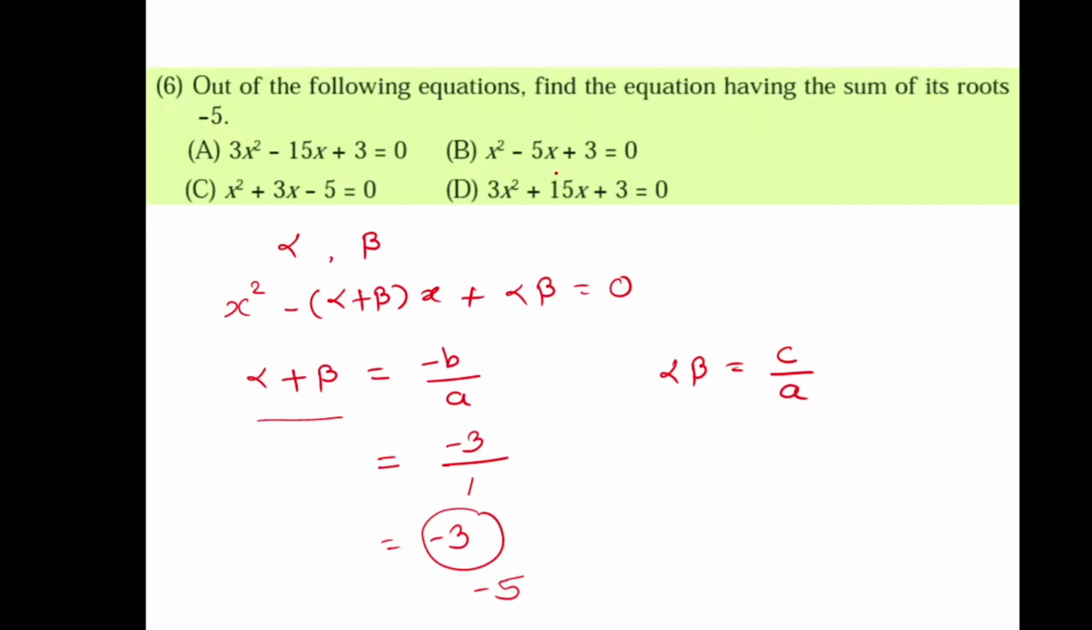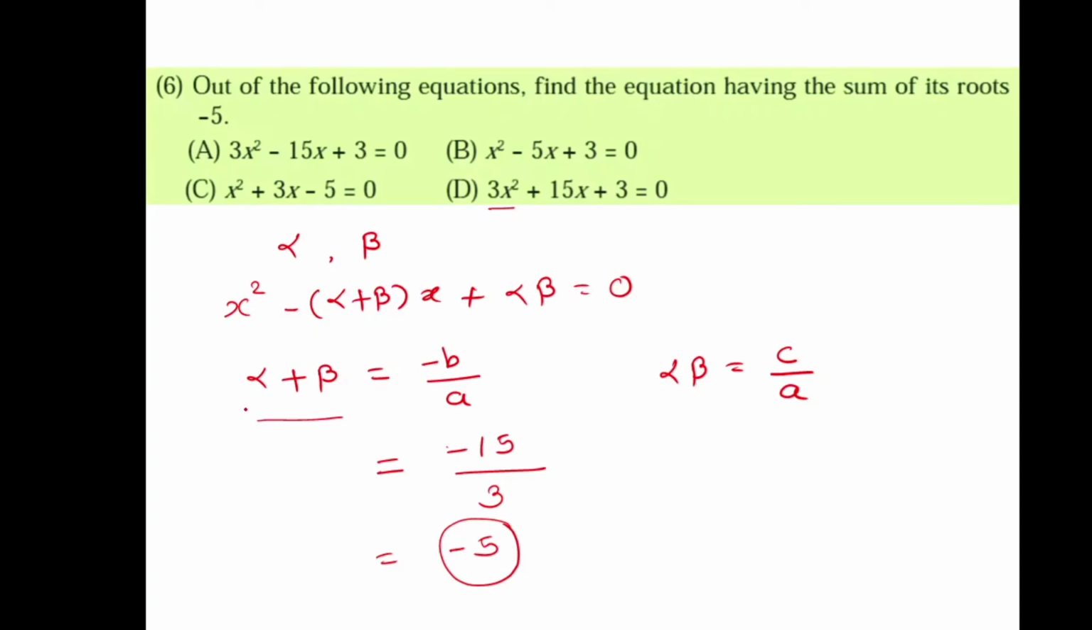Now let us check it for the last equation. For the last equation, alpha plus beta is equal to minus b divided by a. So instead of b we have 15 now, so we should have minus 15 divided by the value of a, that is the coefficient of x square, which is 3. So if we divide minus 15 by 3 we get minus 5,